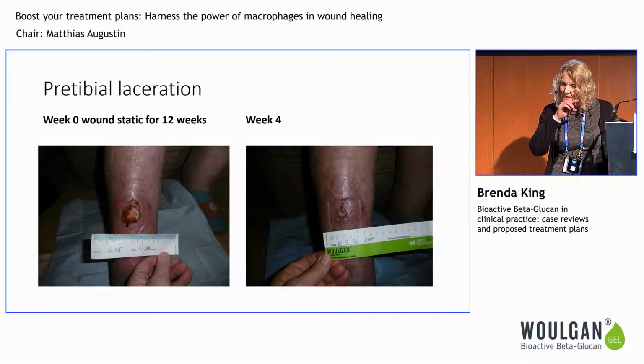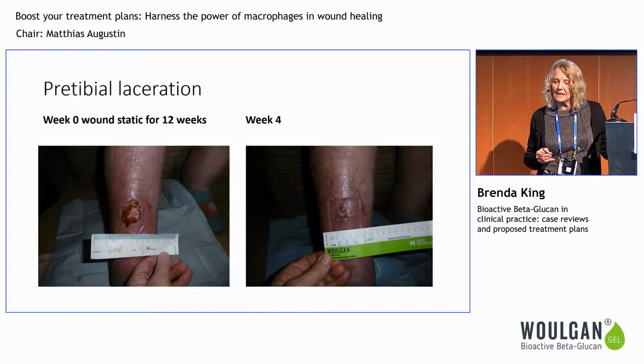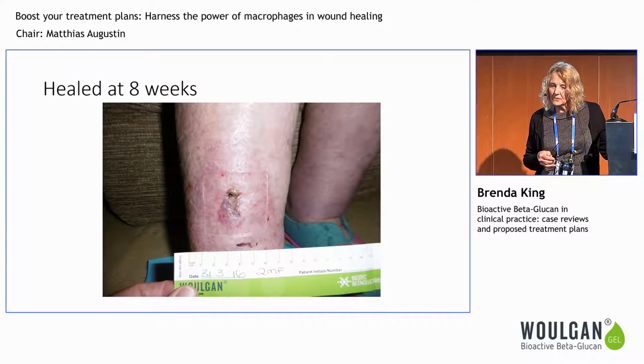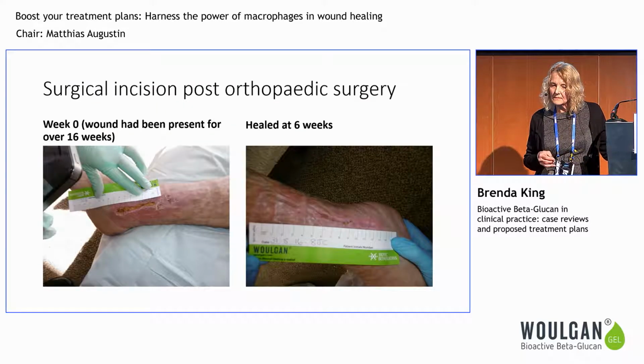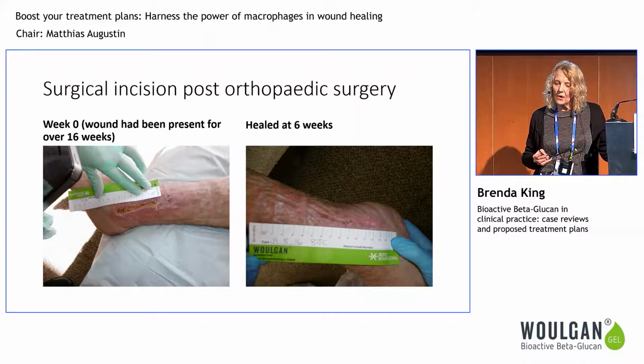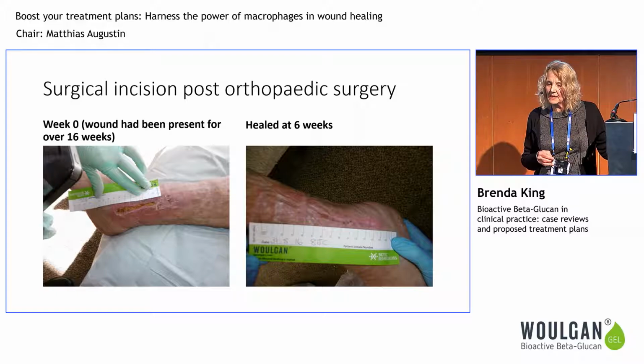This is the pretibial laceration. Week 0, it had been static for 12 weeks, and then at week 4, and then healed at week 8. The surgical incision, it was a post-orthopedic surgical wound, over 16 weeks in duration of the wound, but it had been static in healing for some time, and that